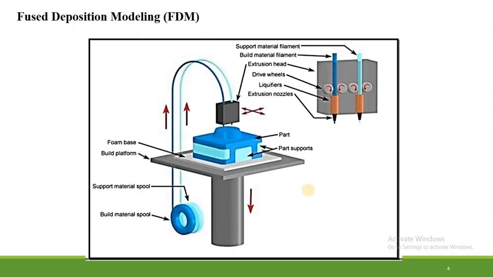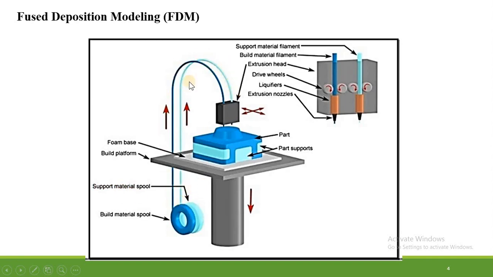So let's understand the construction and working of the fused deposition modeling system. In this system, this is a support structure which can move in the Z direction. This support structure is mounted with a foam based support and here it consists of build material. It consists of two wires. One is known as a build material spool where we are using this build material which is in the form of dark blue, and another is a support material. So we know that in case of 3D printing we need to provide the support material, so this support material is also provided from another spool.